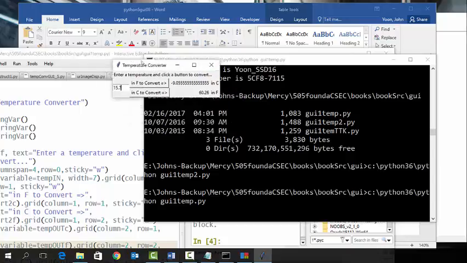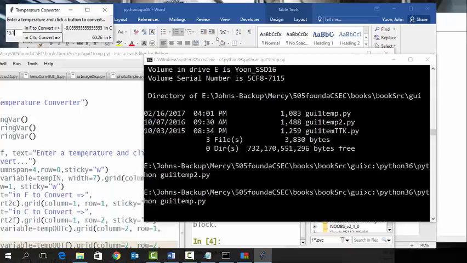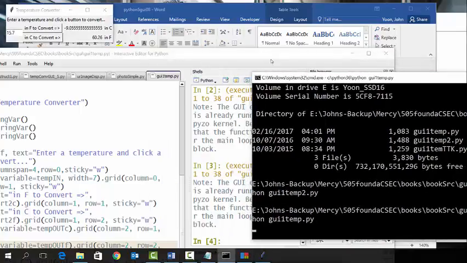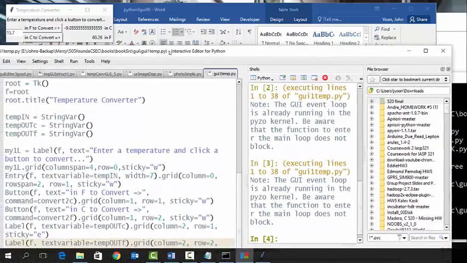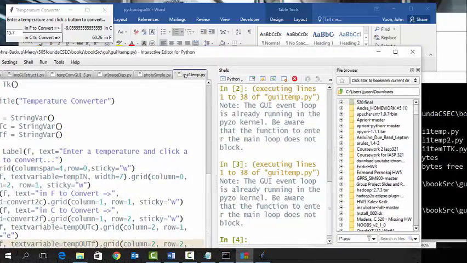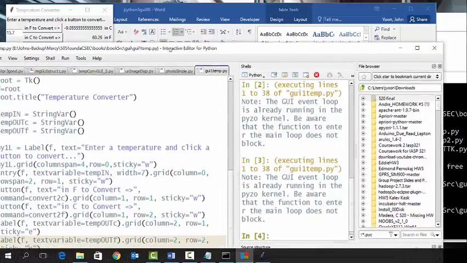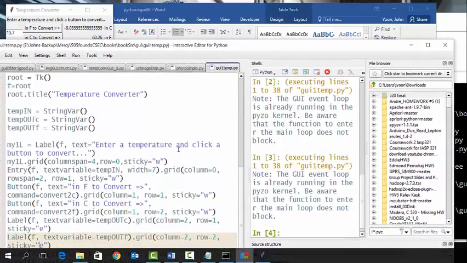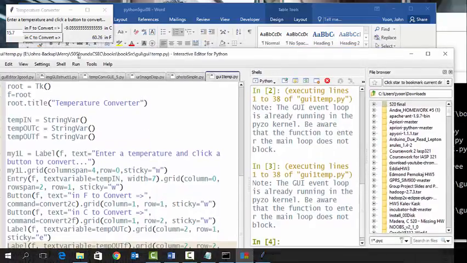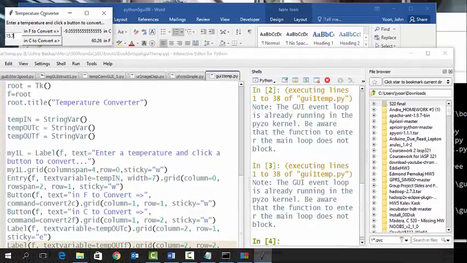All right. So in the command line, Windows, it works in this way, right? This is the program GUI1.temp. There's a program here, GUI1.temp.py, and it works that way. Okay? So I wanted to practice that way. And then we can